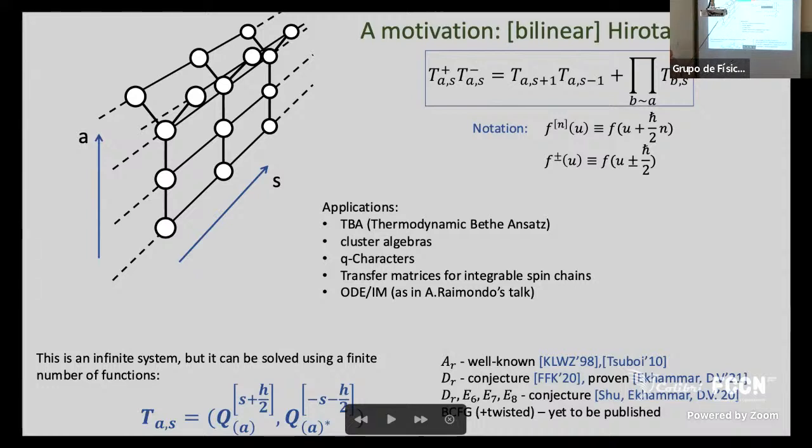You have some kind of a lattice. In the vertical direction, you take your favorite Dynkin diagram. For simplicity of this talk, everything will be simply laced. The formulas honestly only work for simply laced; otherwise, we will not go there too much. In the horizontal direction, it's infinite in both directions, or semi-infinite. They have discrete indices: a labels nodes of the Dynkin diagram, so it's not exactly vertical, it's whatever the diagram is, and s is just an integer. And the equation